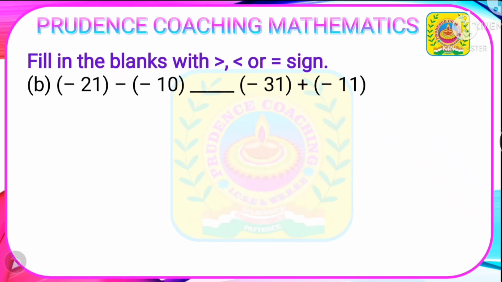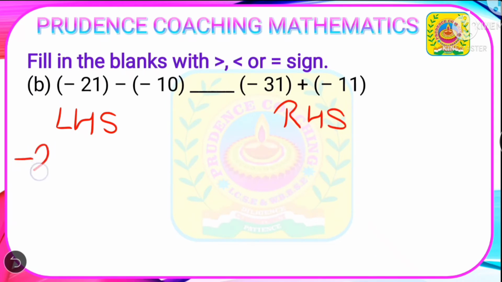Similarly, we are going to solve the LHS, and here we have the RHS. So in LHS we have minus 21. You will write the first number with the sign, and here minus and minus will become plus, and this will be 10. Now further solving, as you can see, both the signs are different, so you need to find the difference. So the bigger number is 21. 21 minus 10 is 11, and you need to give the sign of the bigger one, that is 21. So here it will be minus 11.